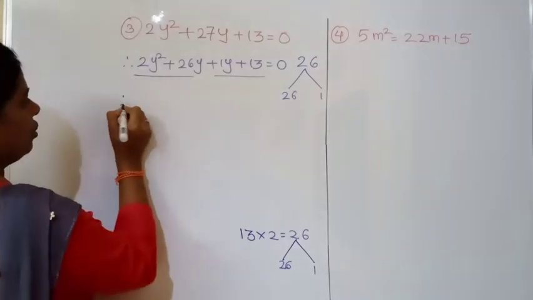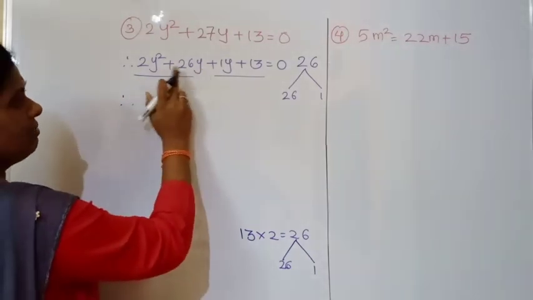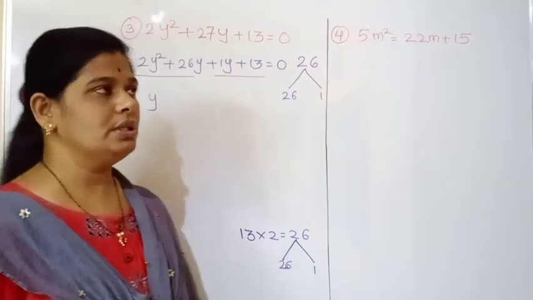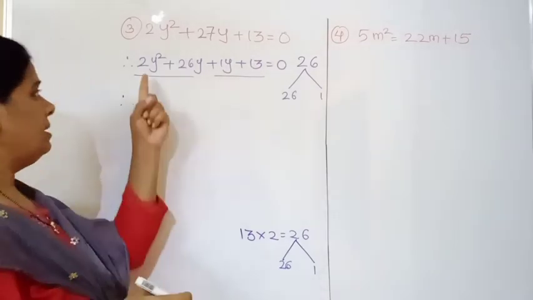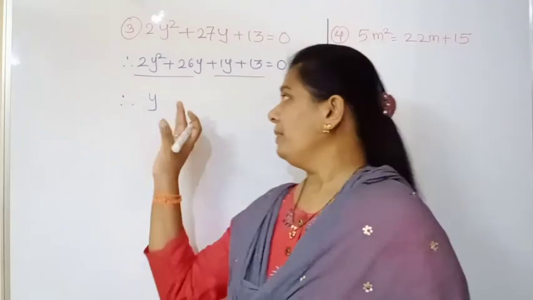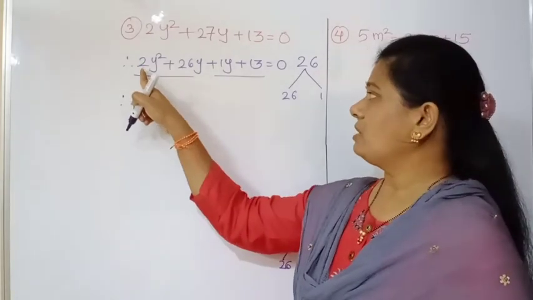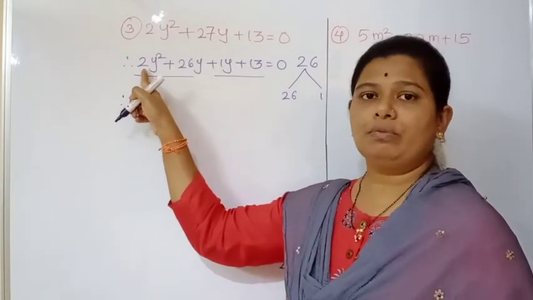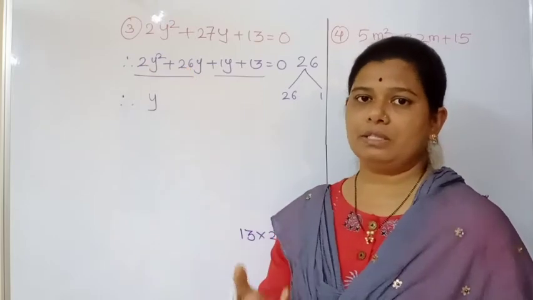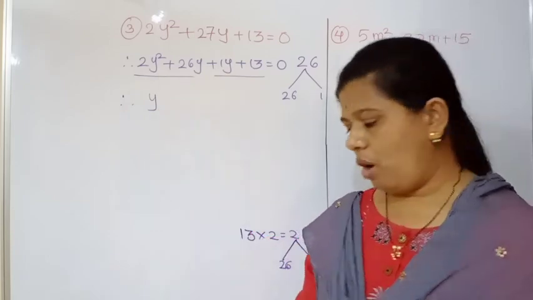Now in this, which are the common factors? That is the most important part again. You can see that there is y square and y, so y is the common factor first thing, as all of you know. But along with y, there is a number also, that is 2y square. Now again we have to take such a common factor so that 26 will be divided by it. Now see here, in the beginning there is 2. So we should find whether 26 is divisible by 2. All of you know 26 is divisible by 2, so we will take 2 also as a common factor.